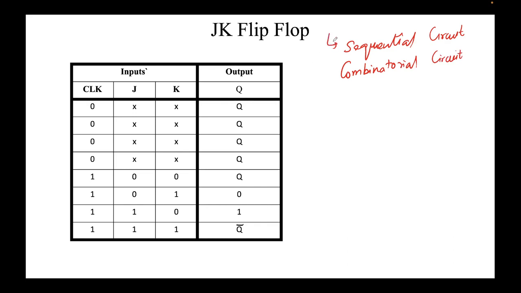A sequential circuit will always have a clock. That's the very basic thing, that if your circuit has a clock, it will most likely be sequential. Sometimes it's not explicit whether the clock is there or not. For instance, if you look at the circuit of a JK flip-flop, you will not even see a clock, but since it's a sequential circuit, even though this is a simplistic definition,